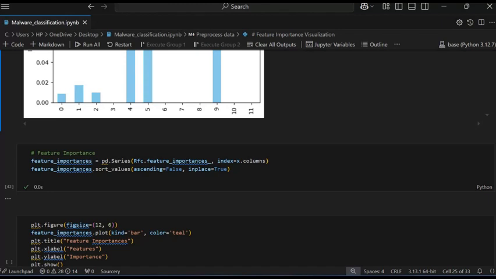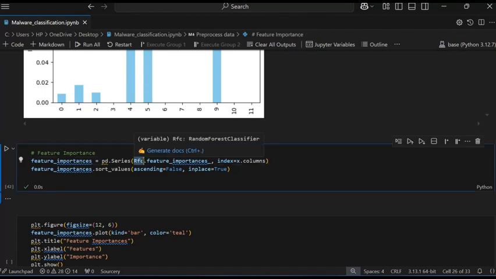Same for feature importance. First we create the variable name, then pd.Series, and then we pass the same random forest method name, feature importances, index equal to x.columns. Now it will take all the column names of the dataset. Then sort_values ascending equal false.